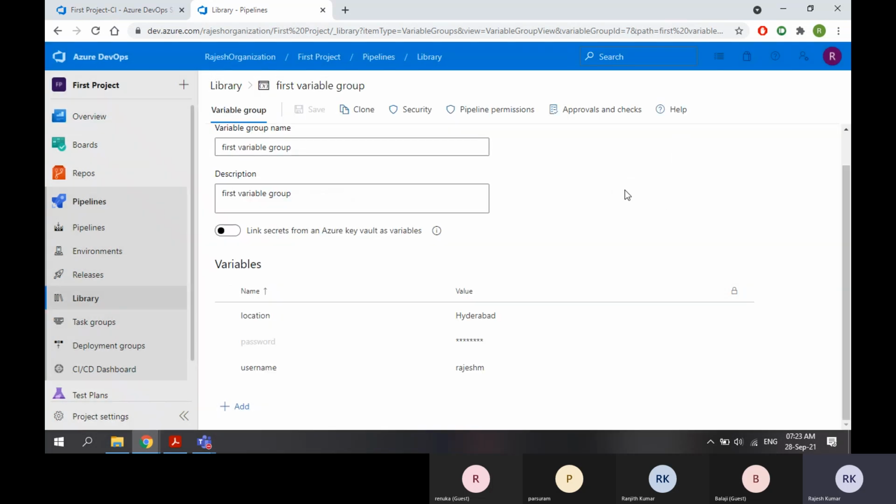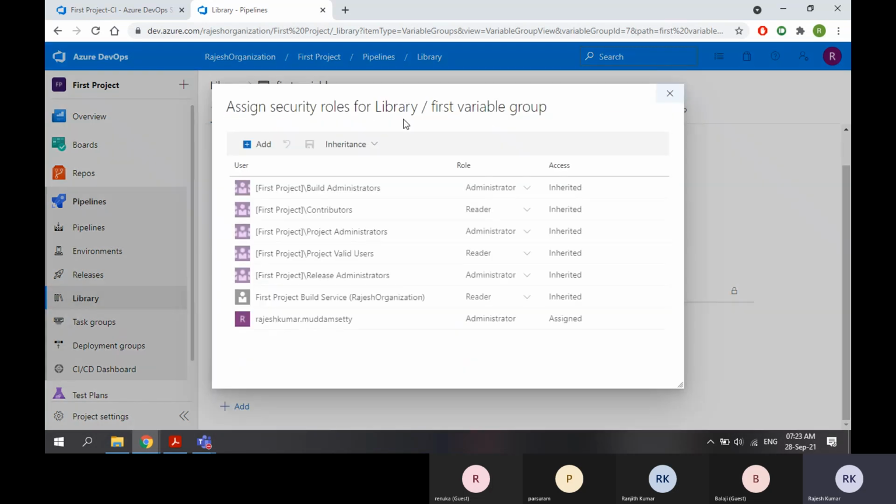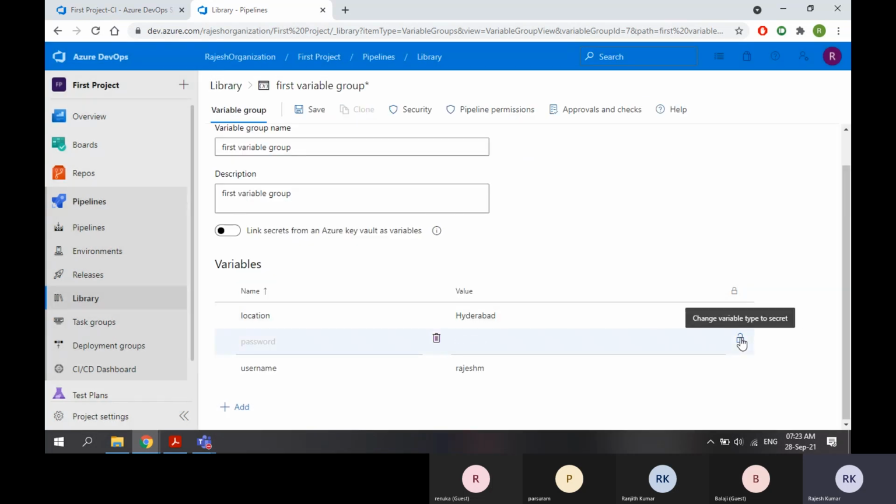And if I am a DevOps engineer, definitely there will be a reporting manager or there will be a reporting person for me. That person will obviously have administrator access. If you go to security, the person will have administrator access. When he is administrator, he can unlock this at any time. That means still my password is visible to one person.